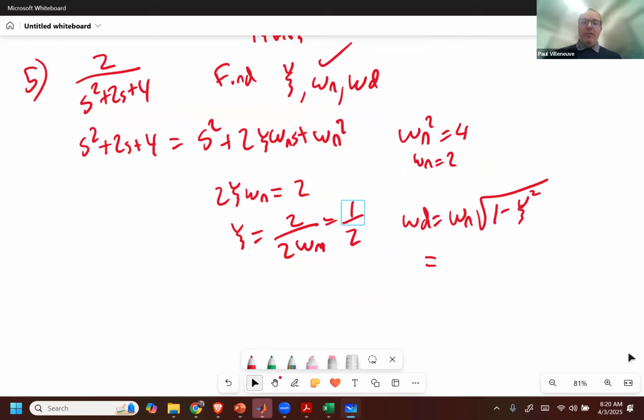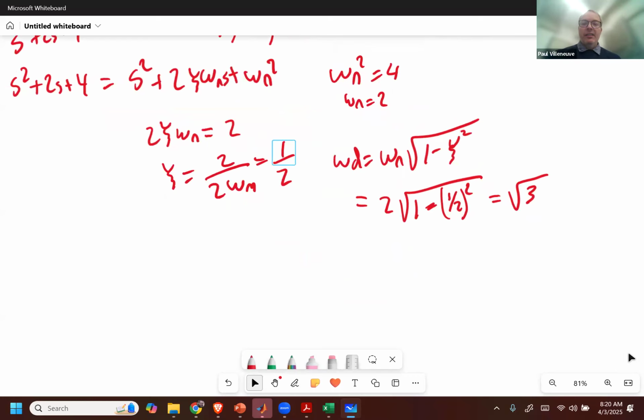So that's equal to 2 times the square root of 1 minus 1/2 squared, I think was the square root of 3, and you did it all out. Because if you move the 2 into here, that becomes 4 minus, well, I'll show you. Let's try it this way. So this is equal to, if I move this into the square root term, that becomes 4 minus